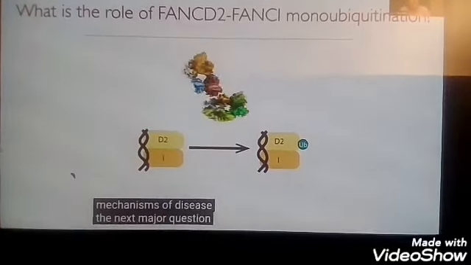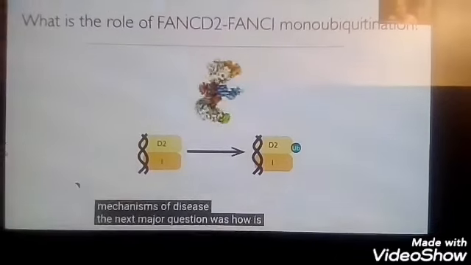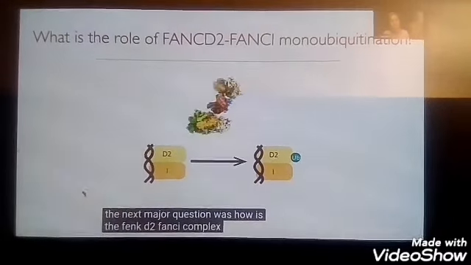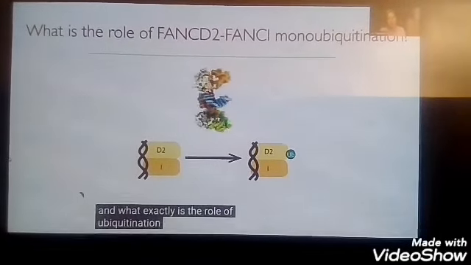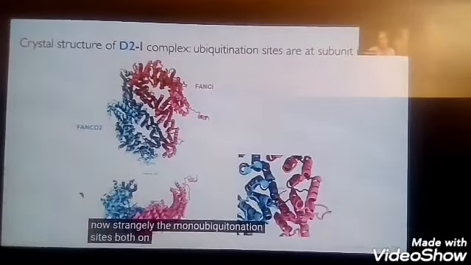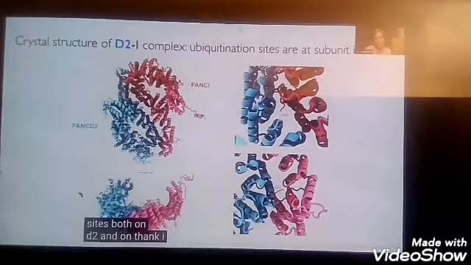The next major question was, how is the FANC-D2 FANC-I complex ubiquitinated? And what exactly is the role of ubiquitination on FANC-D2 and on FANC-I, as well as the regulatory, it's always difficult